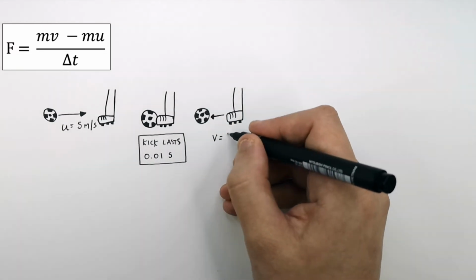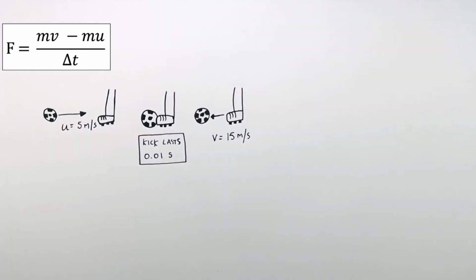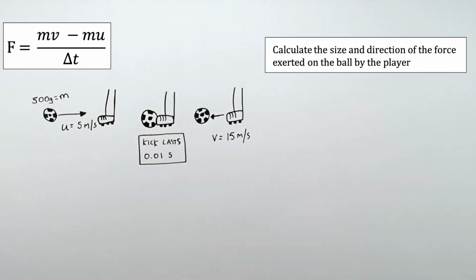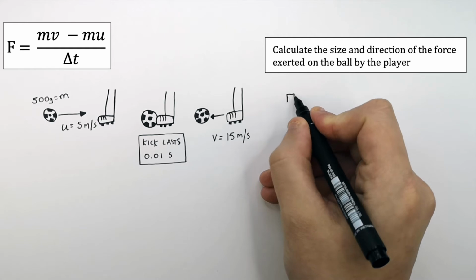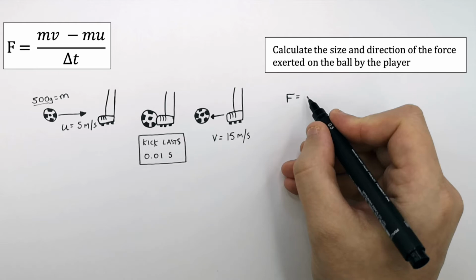So the ball is now moving with a velocity of 15 meters per second to the left, and this ball has a mass of 500 grams. So the question was to calculate the size and direction of the force exerted on the ball by the player. So recall the formula. Force equals mass times final velocity minus mass times initial velocity divided by the change in